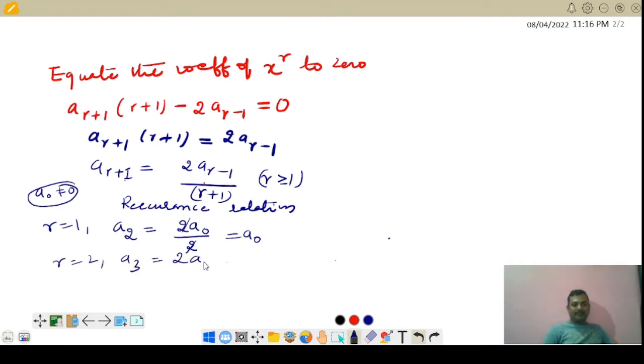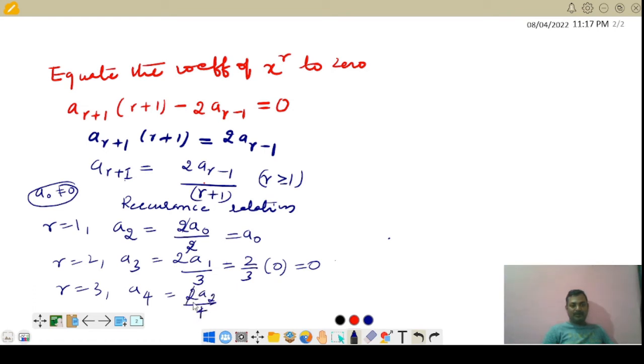So 2 times of, putting 2 in place of r, 2 minus 1 is 1, 2a1 divided by 2 plus 1 is 3. Students, since we know that a1 is equal to 0, therefore this is totally 2 by 3 times of a1 is 0, final value is 0. Okay, next. So substitute r is equal to 3, you will get a4 is equal to 2 times of a2